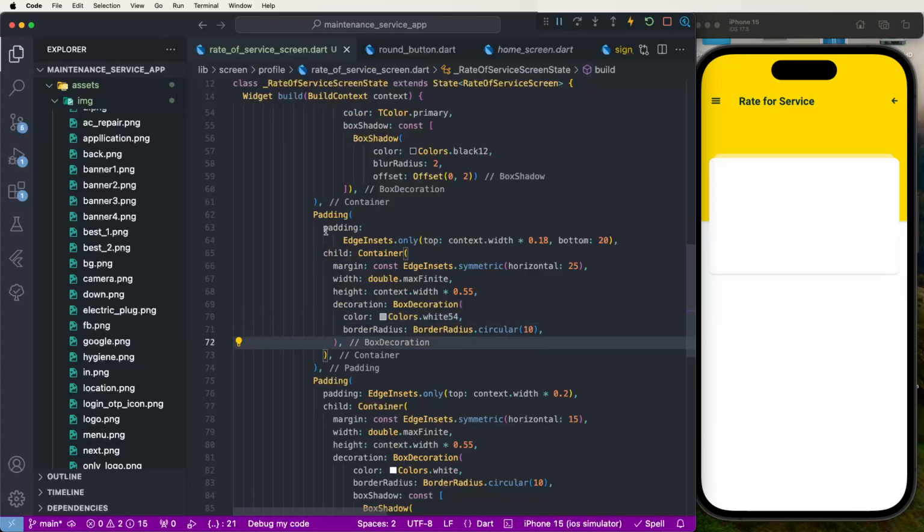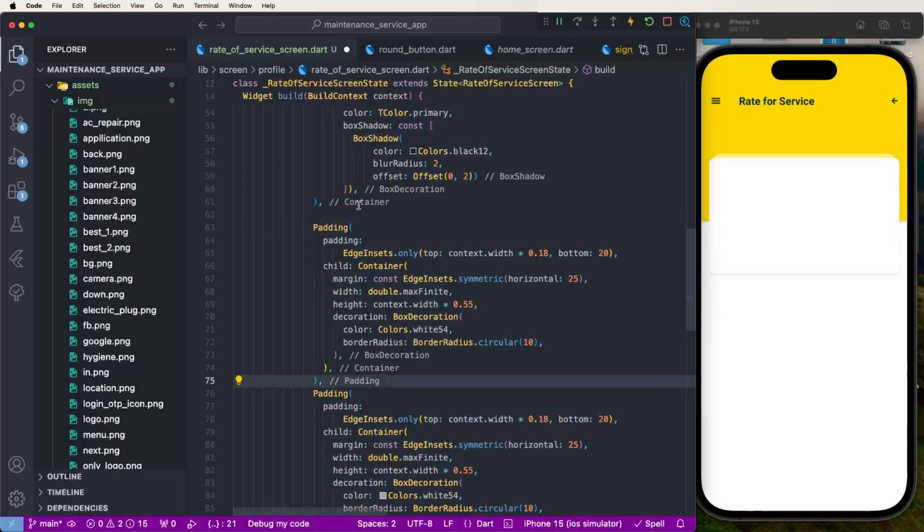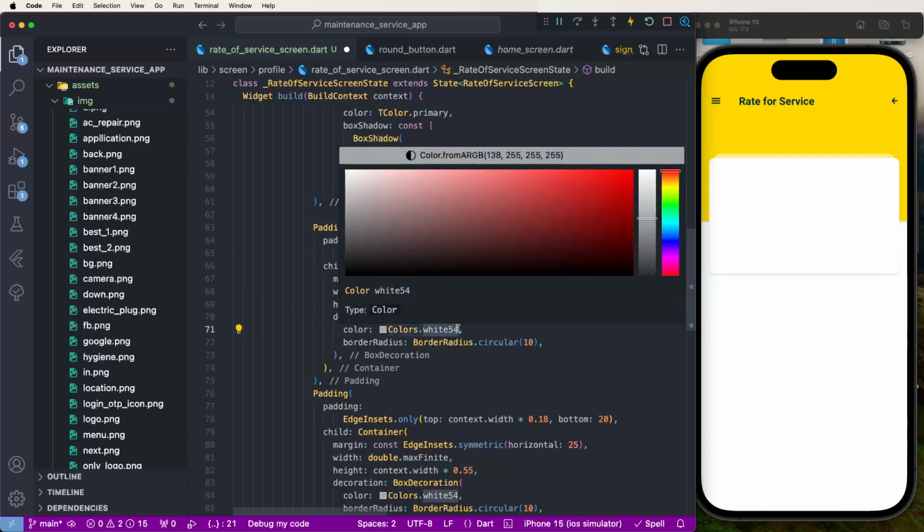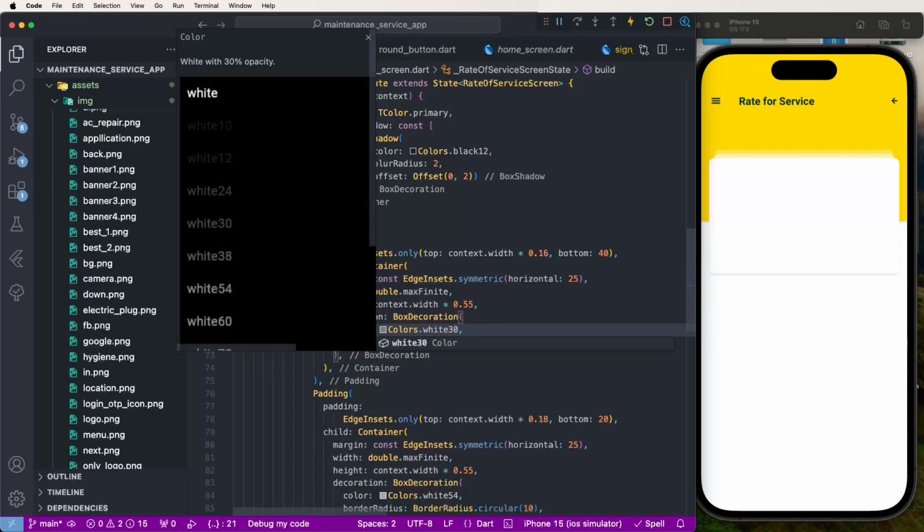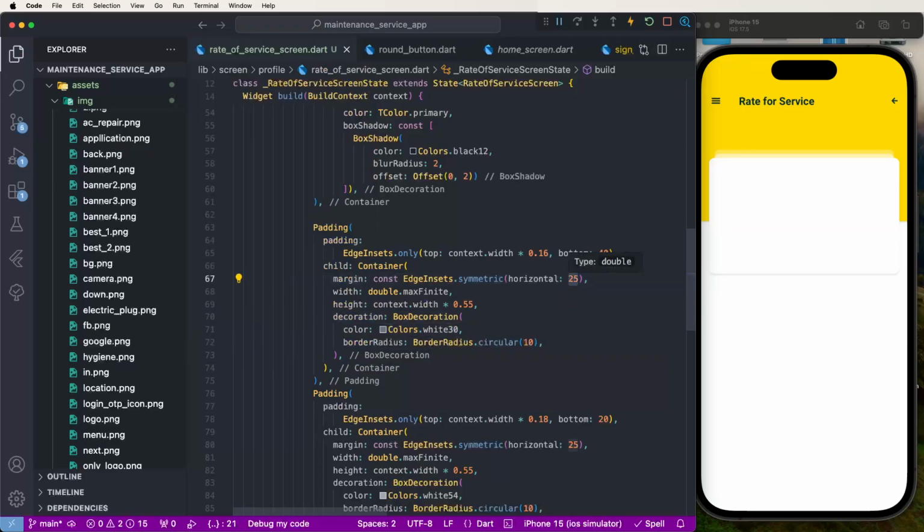And also again we need to copy and paste this, then set this to 6, and set 40, and we need to change to 30, and also increase to 35, similar to this design. And also increase the bottom to 60, and we need to set 30